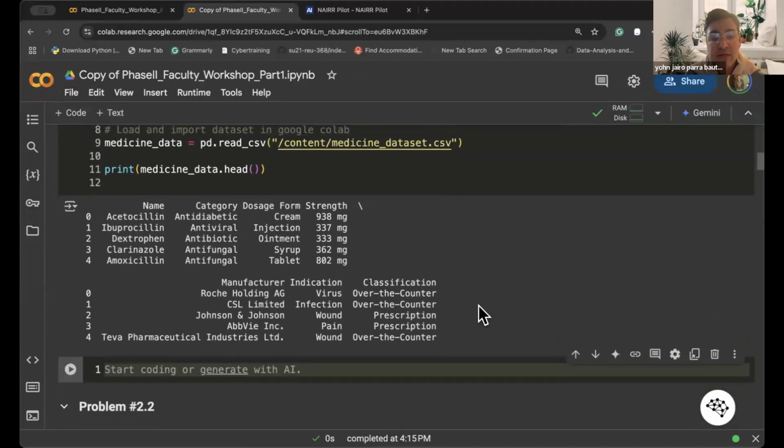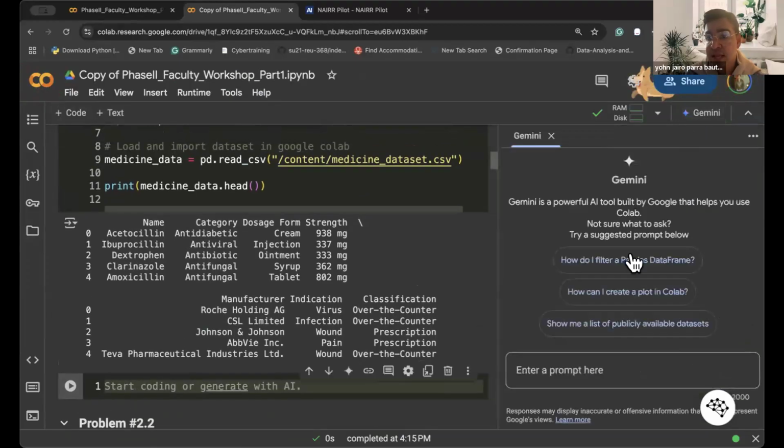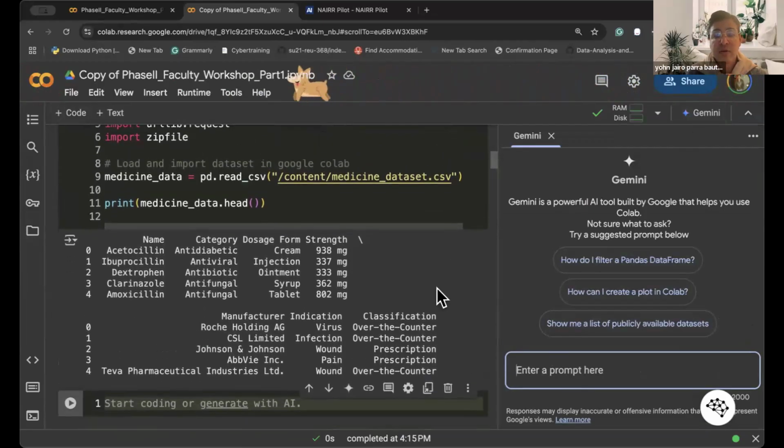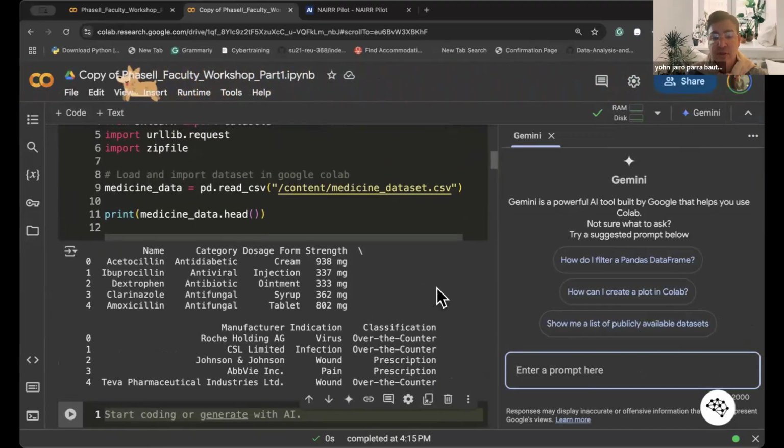Another way you can also use AI here is with Gemini. You see the bots here. You can click Gemini, and it's a chatbot. So this chatbot actually wants to provide the code with questions that are more specific about what you're looking for. And what you're looking for here is how to remove